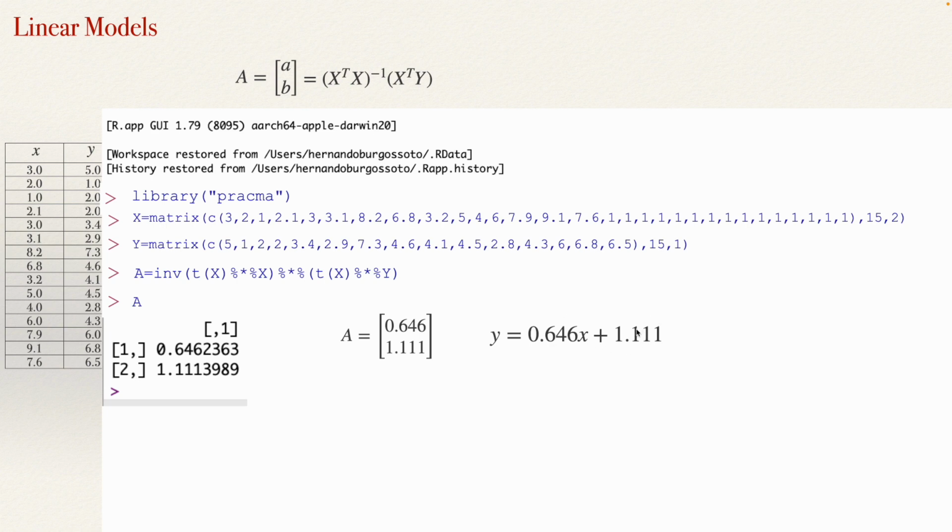If you want to answer the second question, what will be the value of Y if X equals 11, the only thing you need to do is make a substitution here. So if X equals 11, then Y will be 0.646 multiplied by 11 plus 1.111. If you have R, do it in R. If you have a calculator, do it in a calculator. The answer I got was